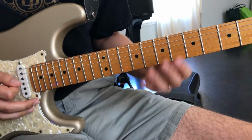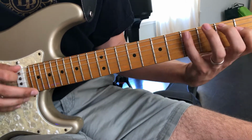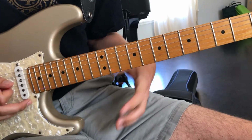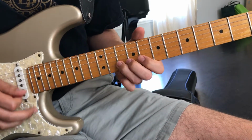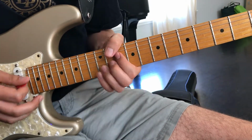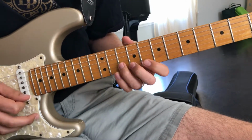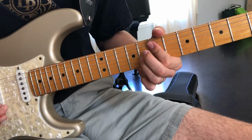A melodic minor, D Dorian, C, make that a C7 to get to F, F major, here's your D7, D minor, back to the top,